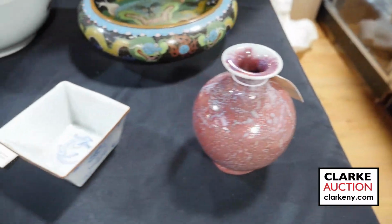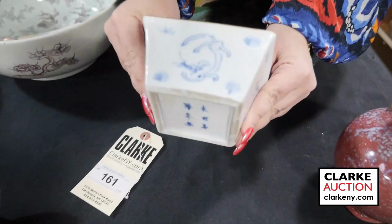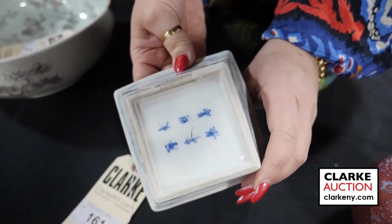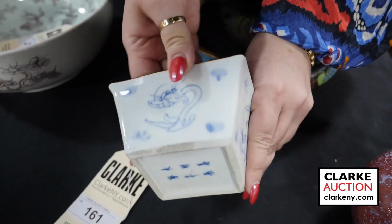And from a Bedford estate, this is a really interesting old blue and white bowl, and it has these mythical figures and then a 6-character mark to the underside. This is estimated at $300 to